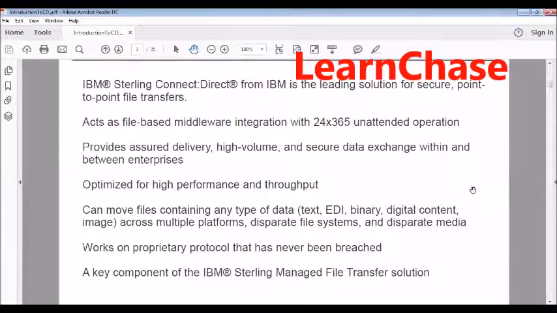What is the use of run job? Is it like submitting a job? No, it's not like that. Run job and run task, I'll tell you the difference. But both are used to run a script, basically an external script. It need not be a Connect Direct script. It can run an external shell script or a batch file, whatever. If you have copied a file, and then